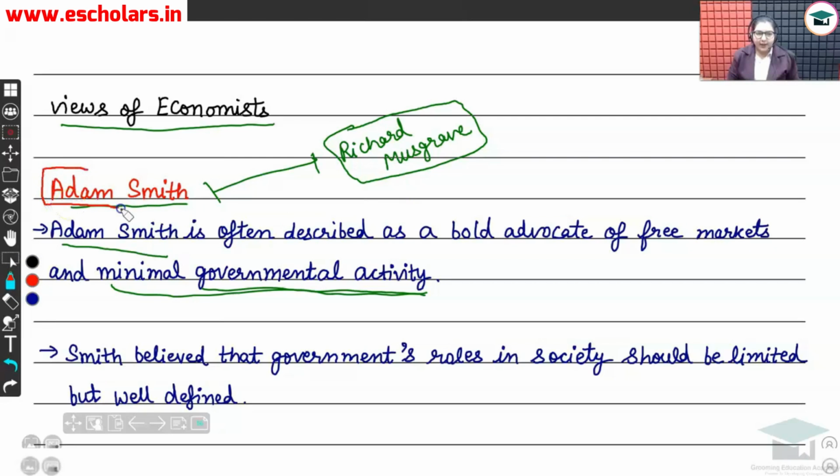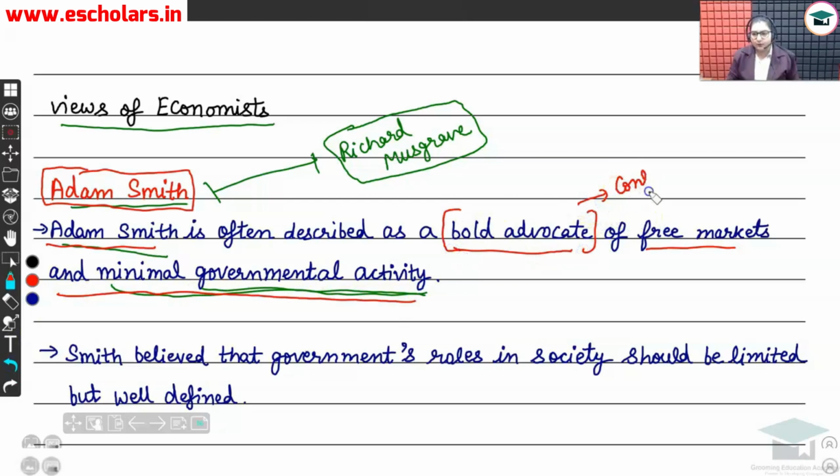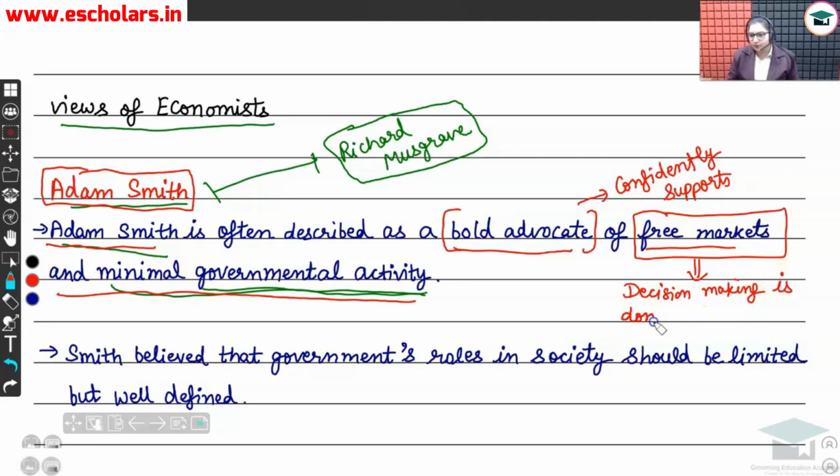Let's go through the views of Adam Smith first. See, Adam Smith was a bold advocate of free markets and minimal governmental activity. Here bold advocate means confidently supports. So Adam Smith confidently supports the free markets, that is the markets in which the decisions are taken on the basis of demand and supply forces of the products. Decision making is done through price mechanism,